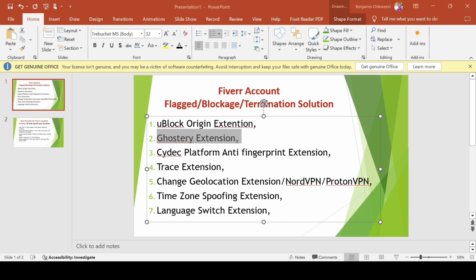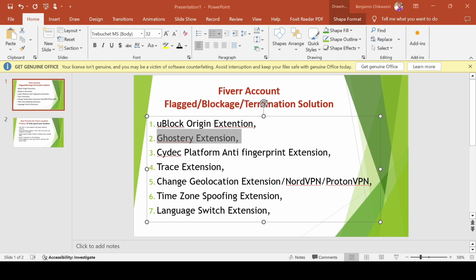So the third one is the anti-fingerprint extension, which makes your setup look like a genuine user from a safe Fiverr-supported region. Like if you are using the UK or the US, it will make it look exactly like you are from that region. It helps to make your region genuine.